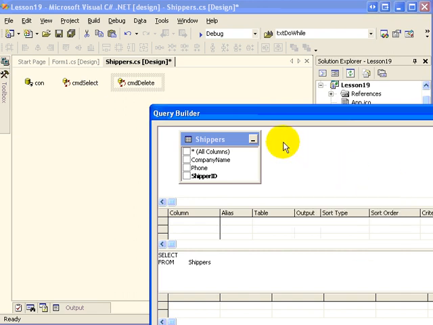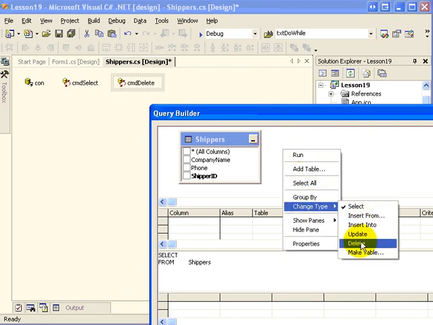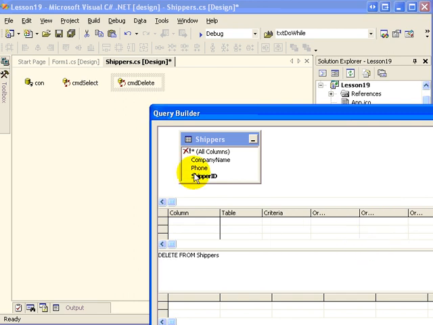How did I get to this? I right-clicked within the white area of the design pane of my query builder and selected the delete command. Now you'll notice that it changed the appearance of this view as well as the rest of the views. And here I want to type in my